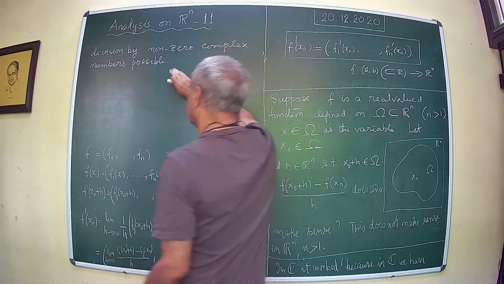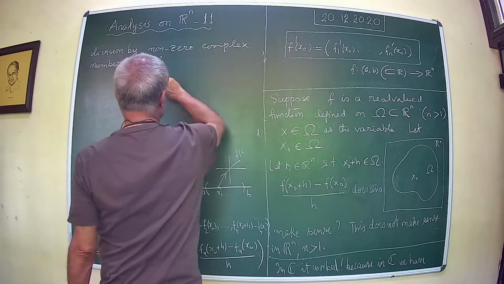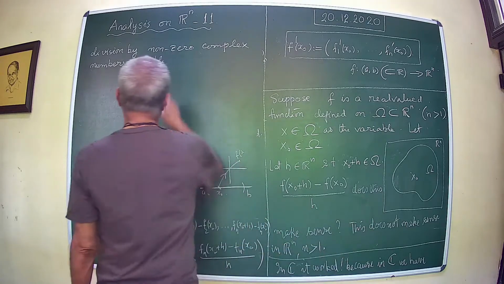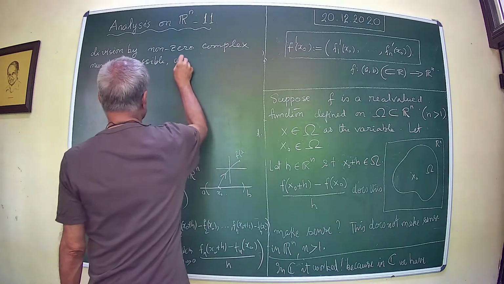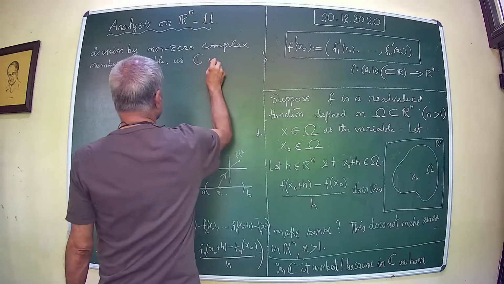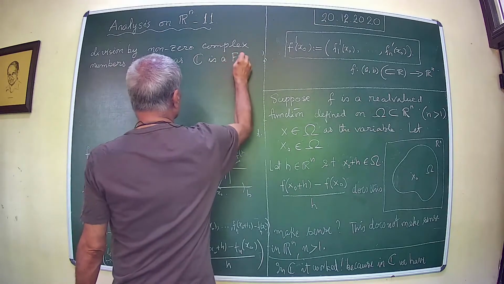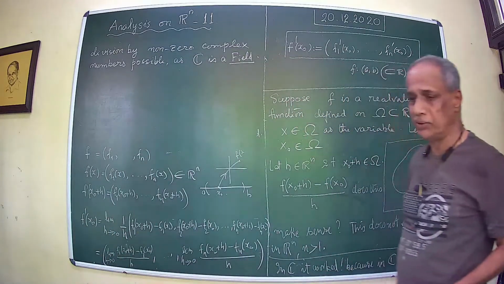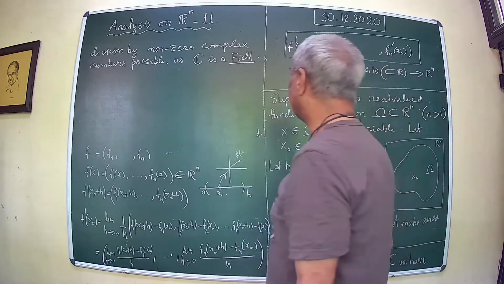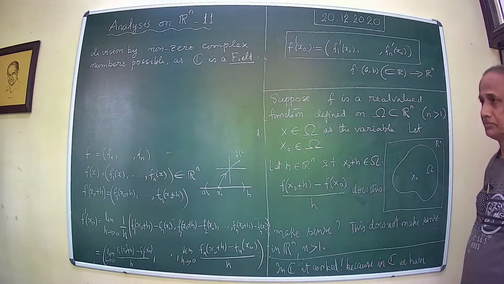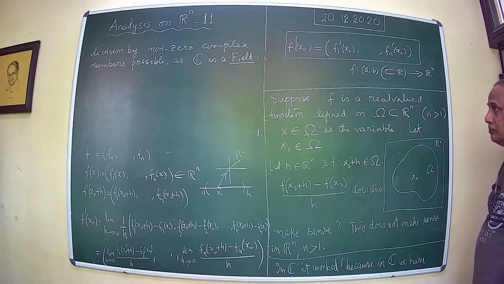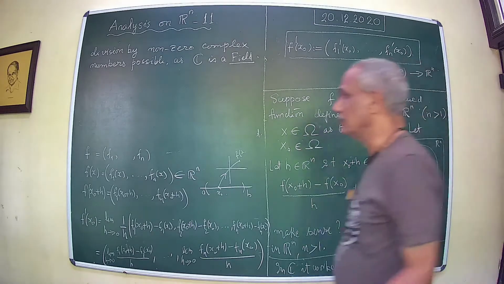And why? Because you see, the field structure is what helped you. It's the field structure of C that helped you. It's the field structure of R that we are able to divide, and make sense. But in R^n,